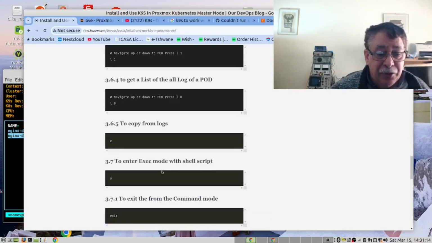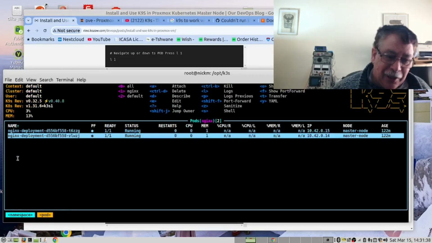Often we want to debug. And to do that, we want to use the exec mode and open the pod as a shell. Now, there are two ways of doing it. You can either type :exec or we can just type S. So let's use the easiest one.